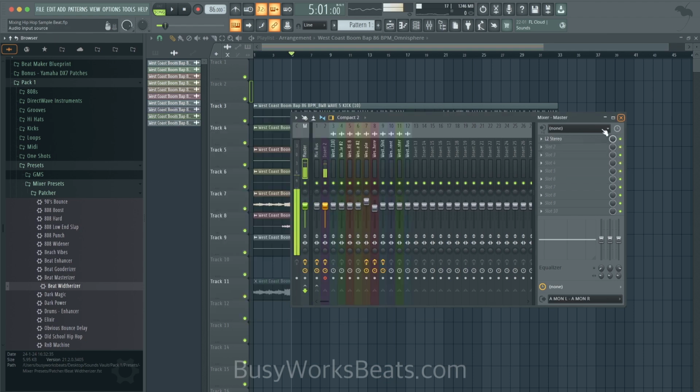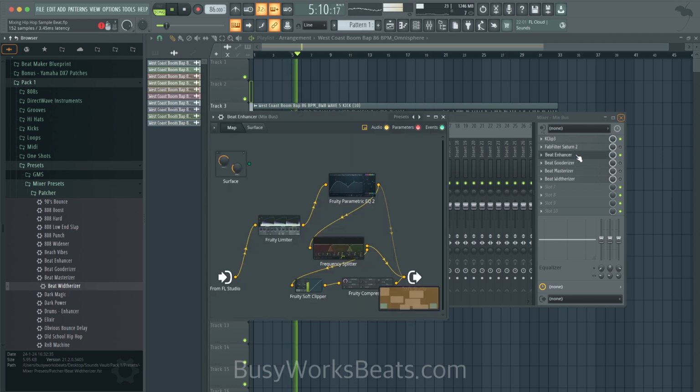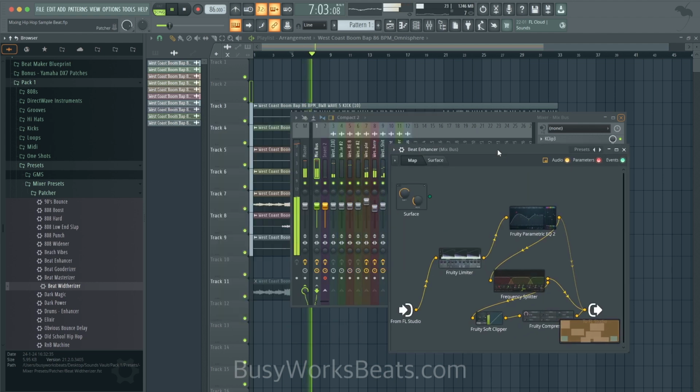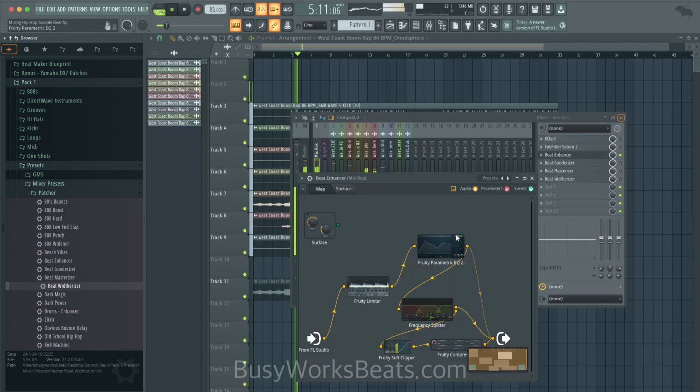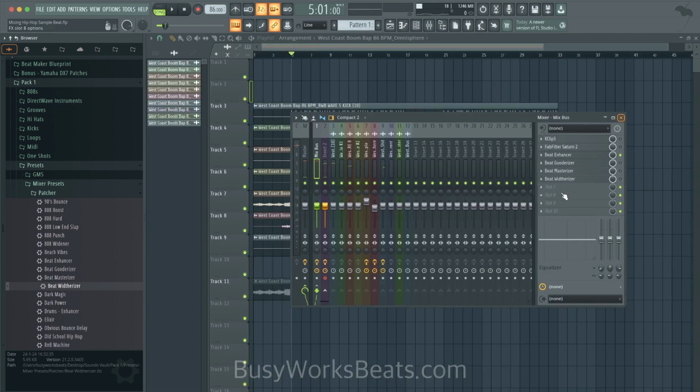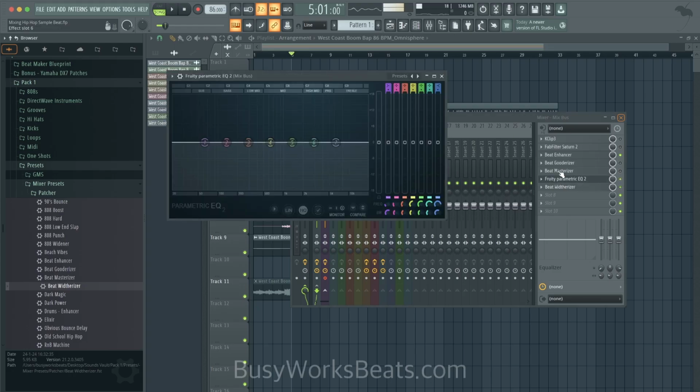Okay, so the first one's called Beat Enhancer. Let's take off any limiting after for now. And we need the clipping just because of the level. Okay, so here's the Beat Enhancer. Now, let's turn this off. So all we have to do is just adjust the input level. What we would do in this case is pull up a parametric EQ2 or Fruity Balance, either one.